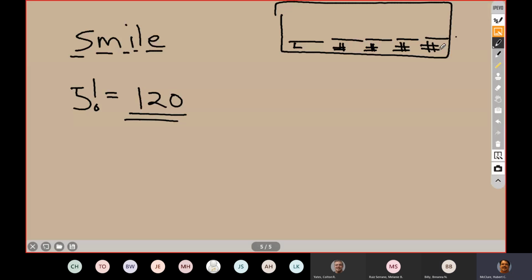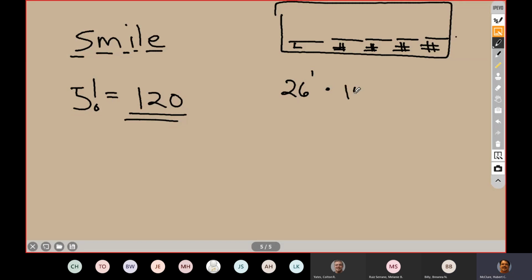And they say, how many different license plates can you have with 1 letter and 4 numbers? Okay, first of all, you have to figure out how many letters. Well, there's 26 letters, and there's 1 spot. So 26 to the first, because there's only 1 spot, times